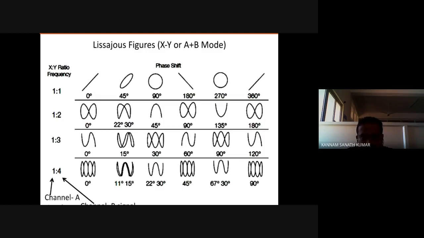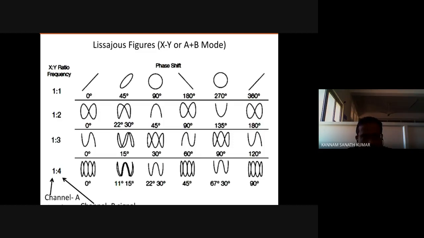And from 180 to 270, it will be the reverse of this. If it is 180, it will be displayed towards the left with a 45 degrees angle, and if it is 270, it is a circle. Like this, 360 and 0 degrees are both the same. Again, it will make an angle of 45 degrees.